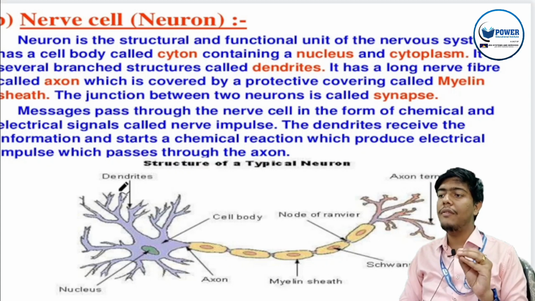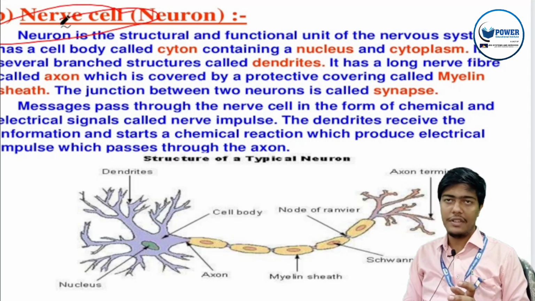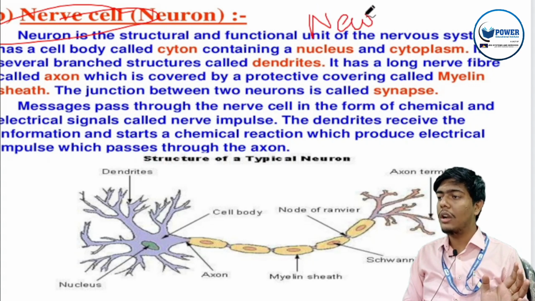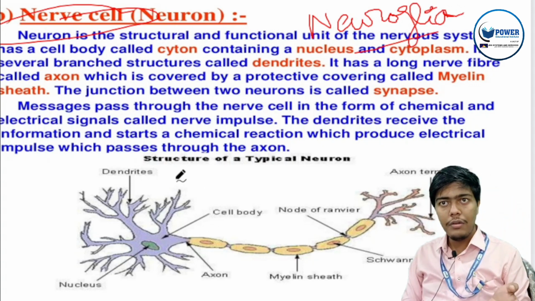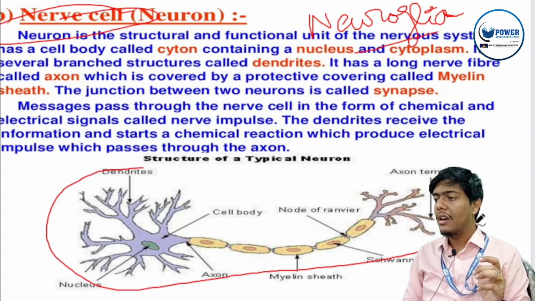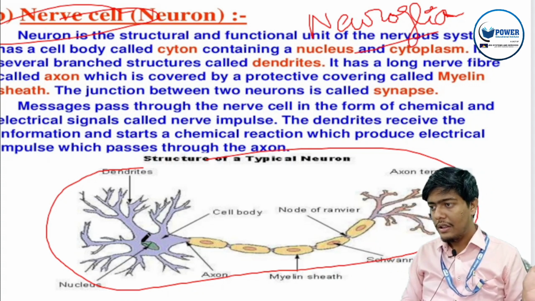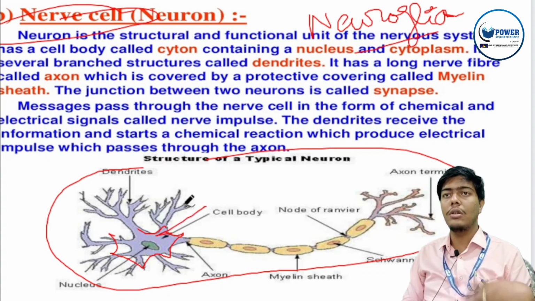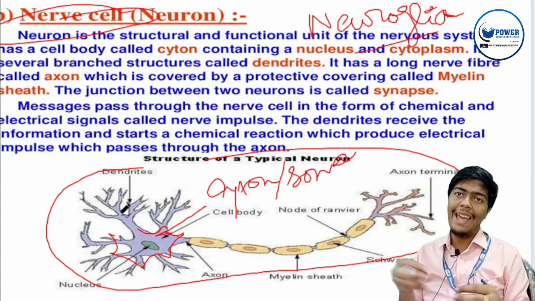The nervous system is mainly formed by nervous tissue, and mostly the nervous tissue is formed by the nerve cell, as well as some supporting cells which are called neuroglia. These nerve cells you have learned from very small classes are known as neurons. So this neuron has a long structure, it is the longest cell of your body, and it mainly has the cell body, also known as cyton or soma, and it has some extensions from it.